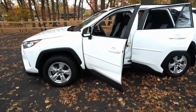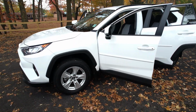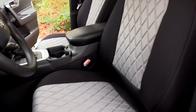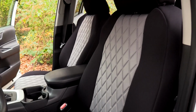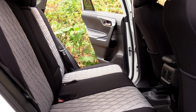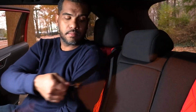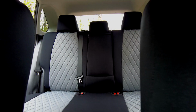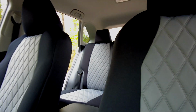Take your Toyota Rav4 experience to a whole new level with the FH Group made-to-order seat covers, custom fit for your Toyota Rav4 LE XLE Limited. It's made of soft and stretchy neoprene fabric, precision cut and tailored to your vehicle's specifications for a perfectly snug fit. Installation is easy. Before you know it, you'll have your seat protecting cushions on and your car feeling like